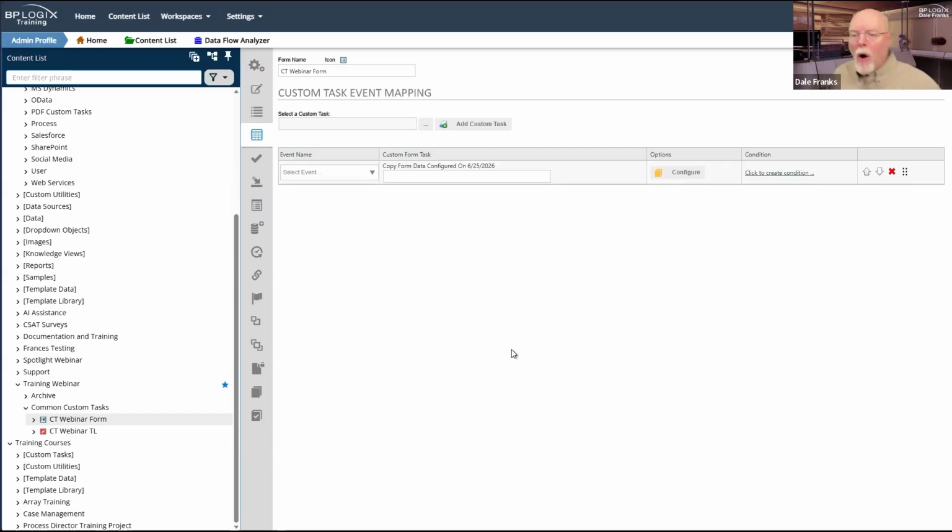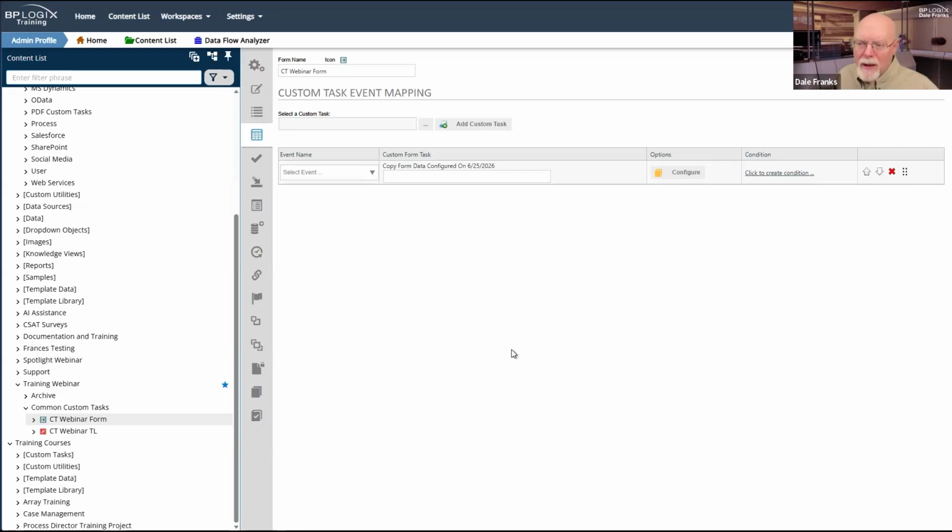So while most custom tasks can be run on both a form or a process timeline, there is a small subset of custom tasks that only run on the form. There is similarly even a very small set of custom tasks, and I don't remember specifically which ones right off the top of my head, but there are a couple of custom tasks that can only be invoked from the process timeline.